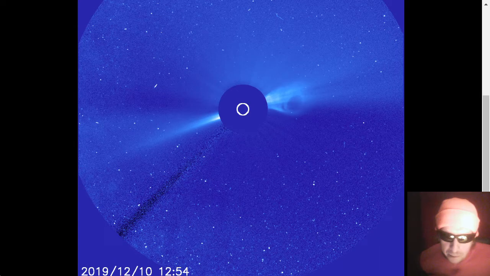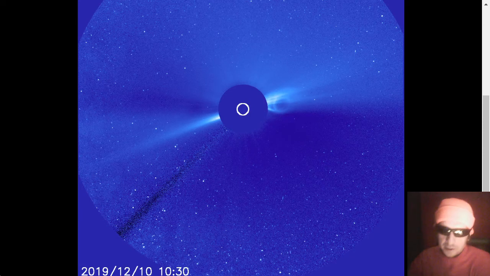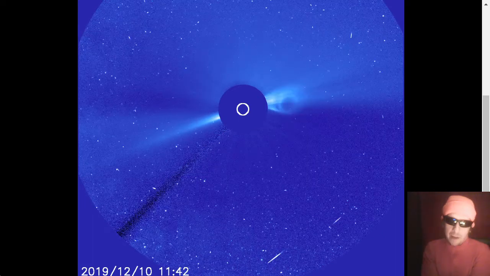A prime example of coronal mass ejections when there are no sunspots, no X-ray flares detectable at least from earthly locations. Again, there could have been an X-ray flare, but we didn't detect any. And you can see that coronal mass ejection out of the eastern limb is actually still progressing now. But I'll show you what I look at daily